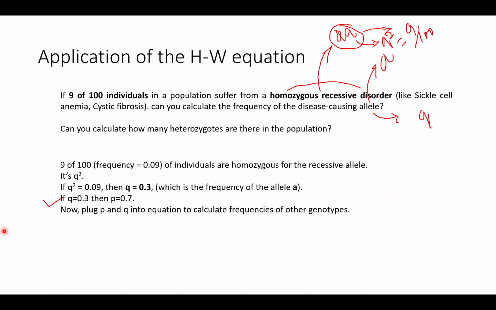Now you found out the allele frequency of the recessive allele, that is q, 0.3. You already know that P plus Q is equal to 1 because it has to be 1. So you found P is equal to 1 minus 0.3, it becomes 0.7. Now you just have to plug P and Q into the equation. In the previous slide, I showed you the equation. Just solve this and we'll stop here today. Enough of questions for today.